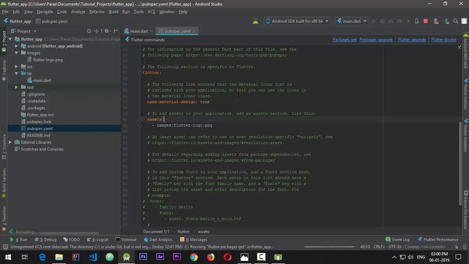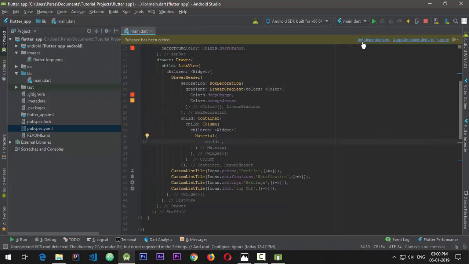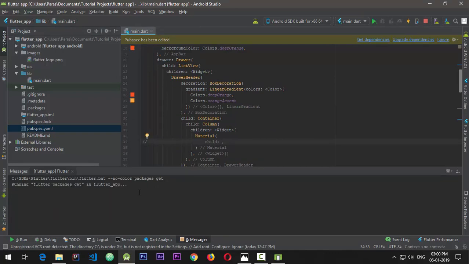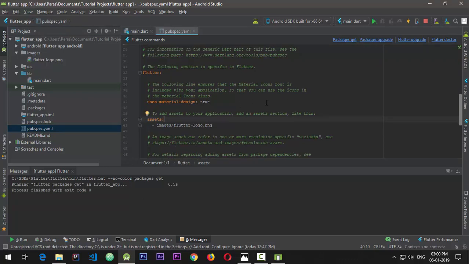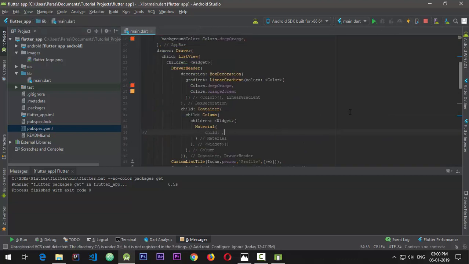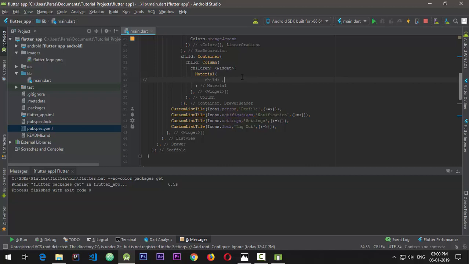So when I save this, you can see that there is the get dependencies. That means that the application built successfully, because in the pubspec.yaml file there are a lot of issues which come with the spacing. So you need to space the items evenly, and that's the reason I just pasted it beforehand, so that I don't have to face those kinds of errors if they come. Okay, so I'll just close this pubspec.yaml file, and I'll go to the material,